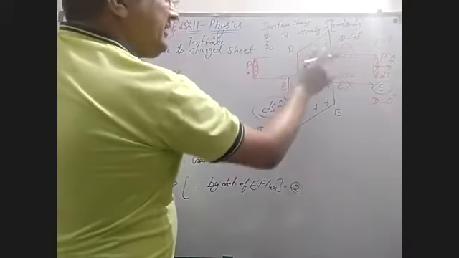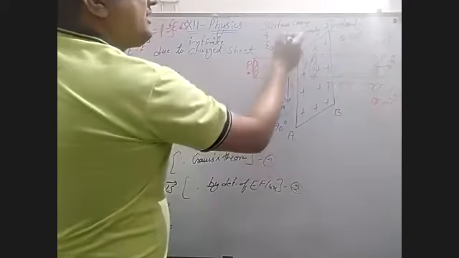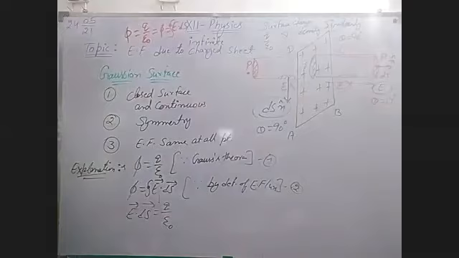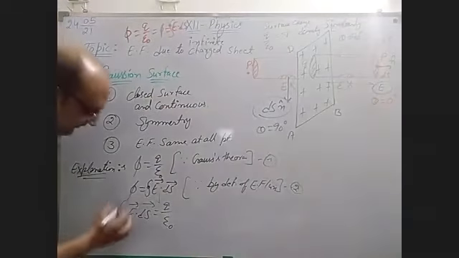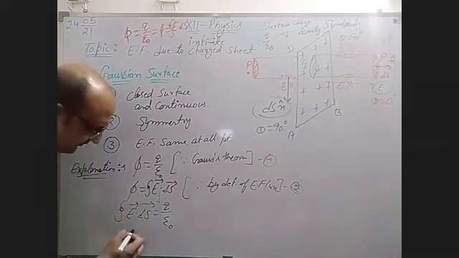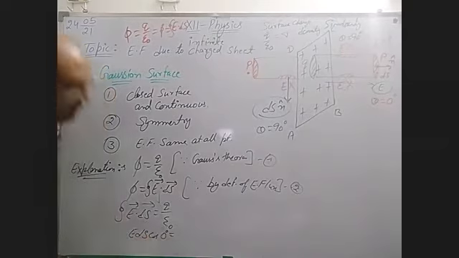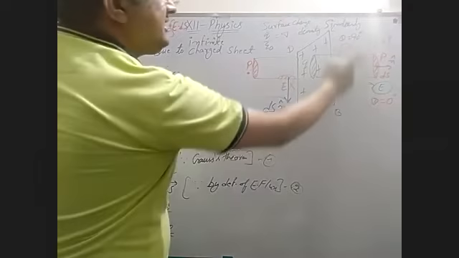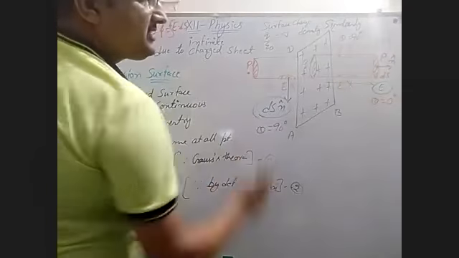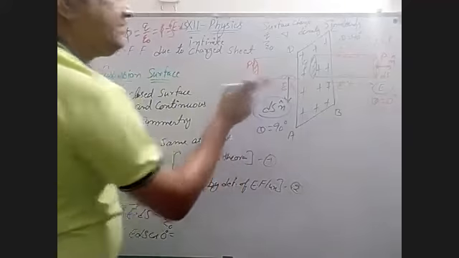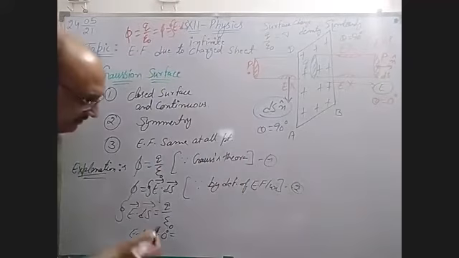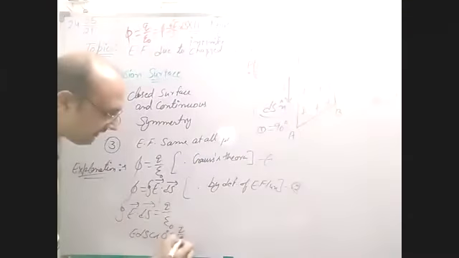From anywhere you can take this value. This value is the same for the whole infinite plane sheet. You know very well what the meaning of density is. Now solve it. E ds cos 0 degree, because in all the region the electric field is 0 due to theta being 90 degrees, but in this portion the electric field has a value, and this value you have to determine.